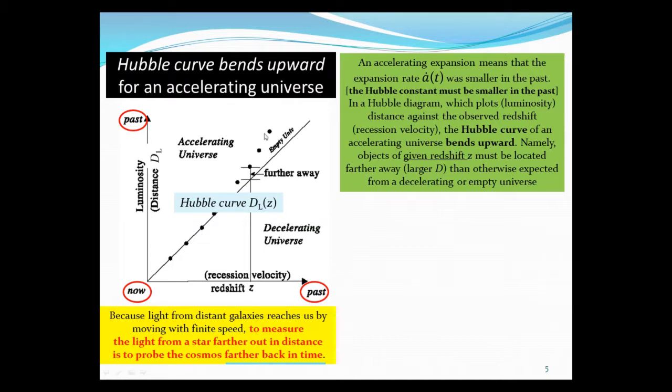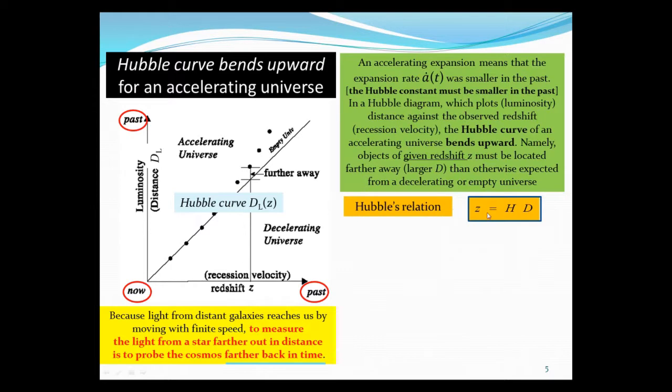These dotted lines are supposed to represent part of the Hubble curve. So it claims that in the accelerated universe, this curve will bend upward. Namely, an object for a given redshift z